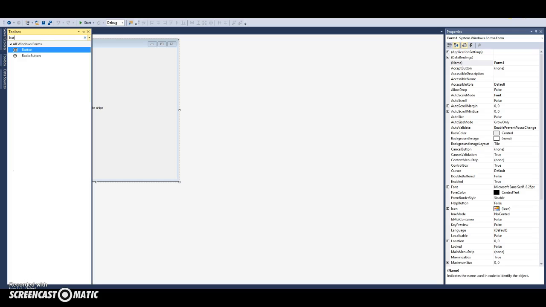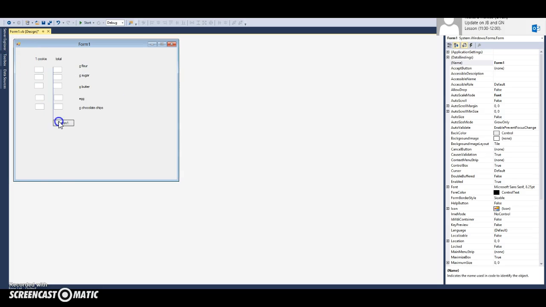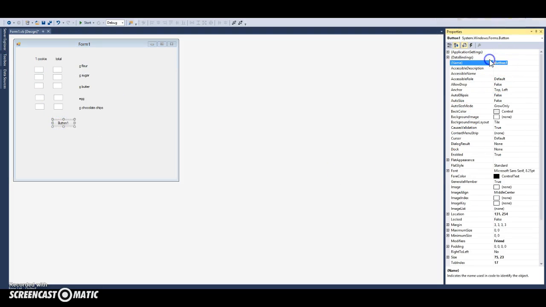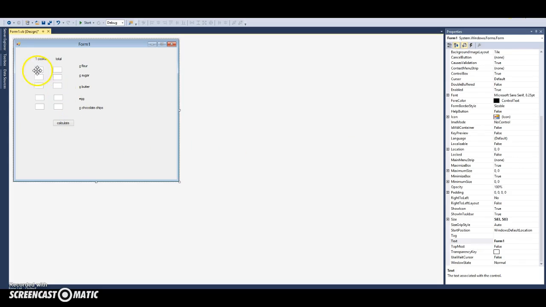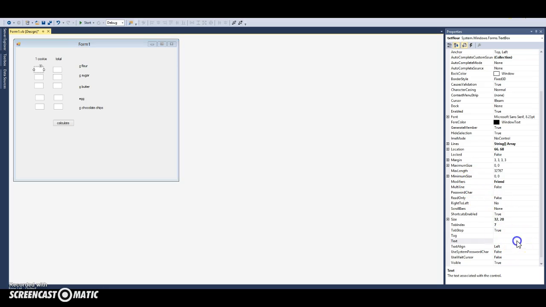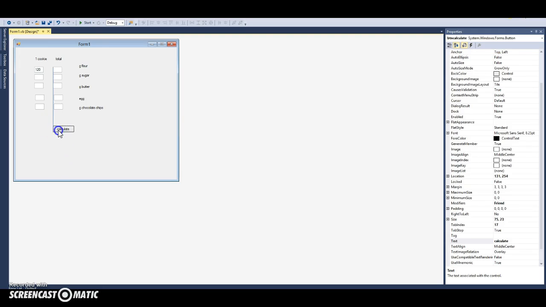Now we're doing event-driven programming here, so that means I need an event, which is going to be the click of my button, to trigger the calculations. Just change the text on there to Calculate. Right, for one cookie, let's say, I don't know, 120 grams of flour. Sounds realistic-ish. So when I press calculate, I'm going to work out how many cookies I need in total, but